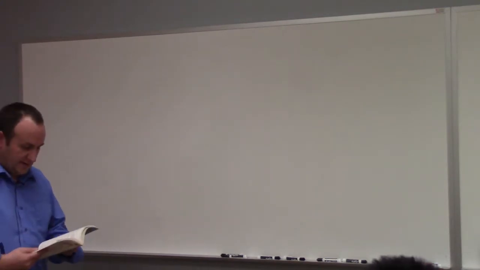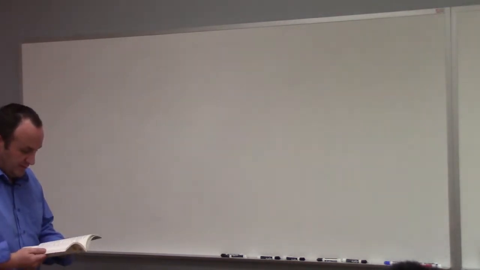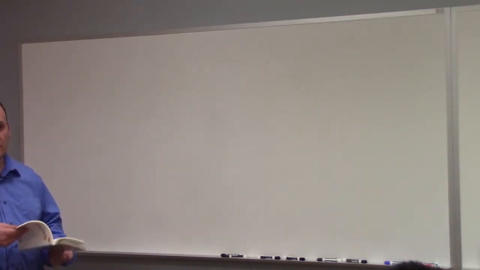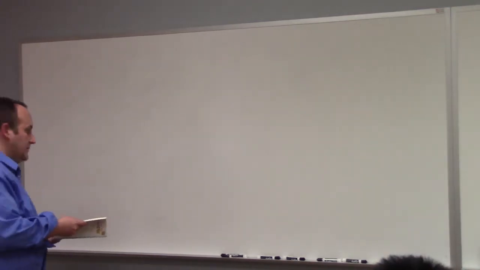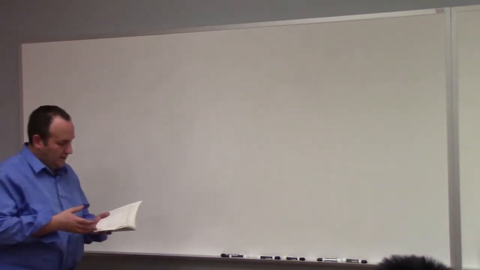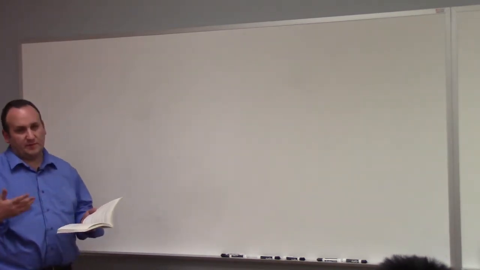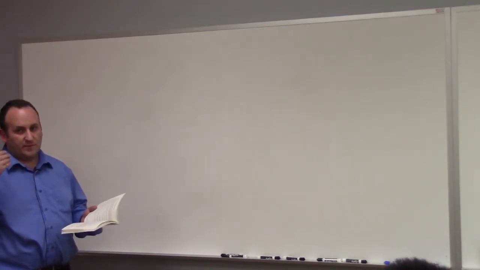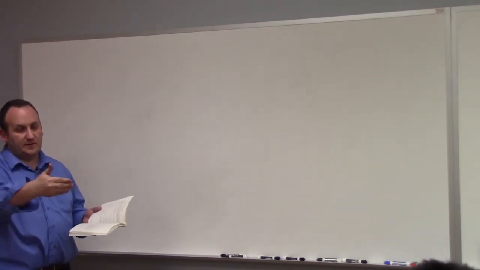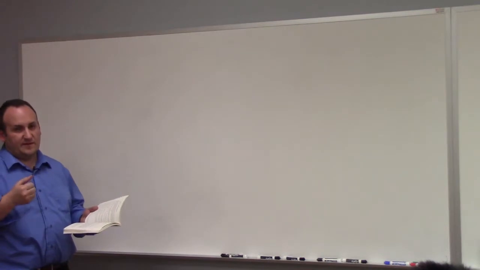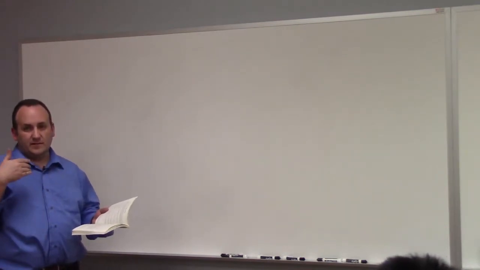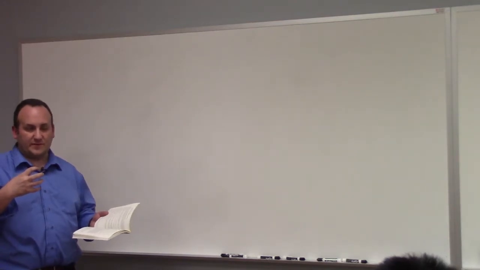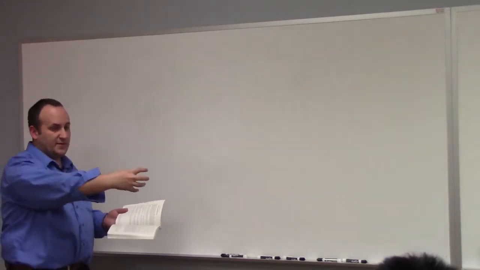Let's see if I can get it on the board here. So last time, of course, we ended by talking about induced homomorphisms. I don't really want to put that on the board, but what we talked about was if we have a mapping from one topological space to another, then the F sub star gives us a homomorphism from the fundamental group of one topological space to the fundamental group of the other topological space,